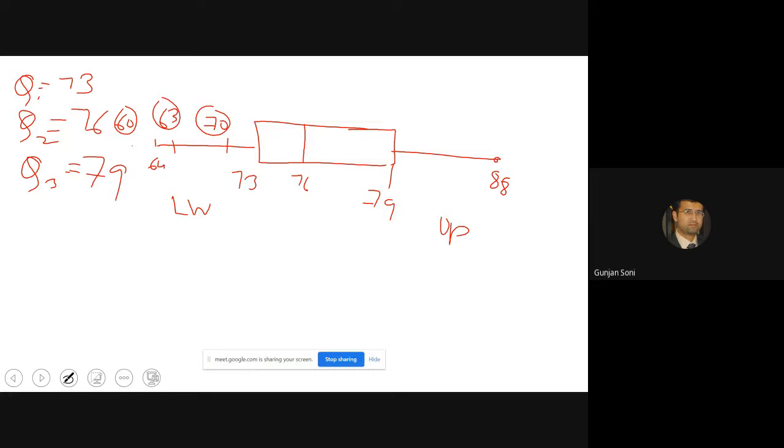So can you now make a guess where the lower whisker will come? Anyone? Can it be 60? Should it be 60, should it be 63, or should it be 70?